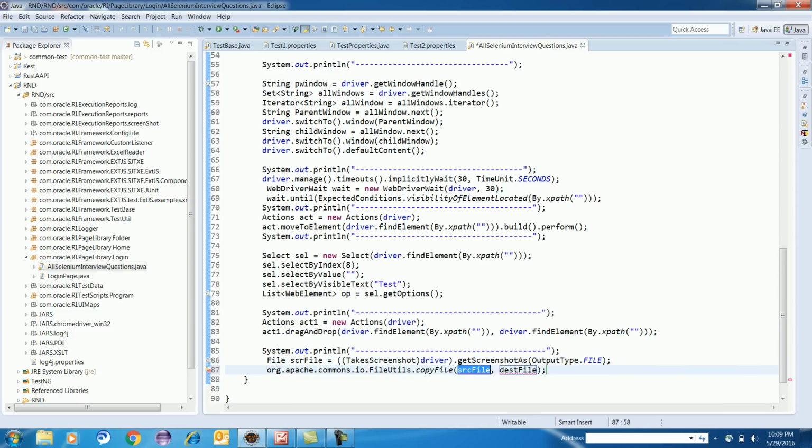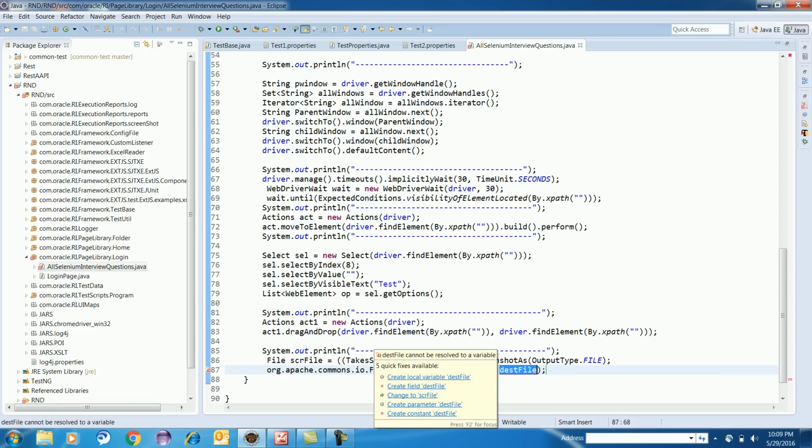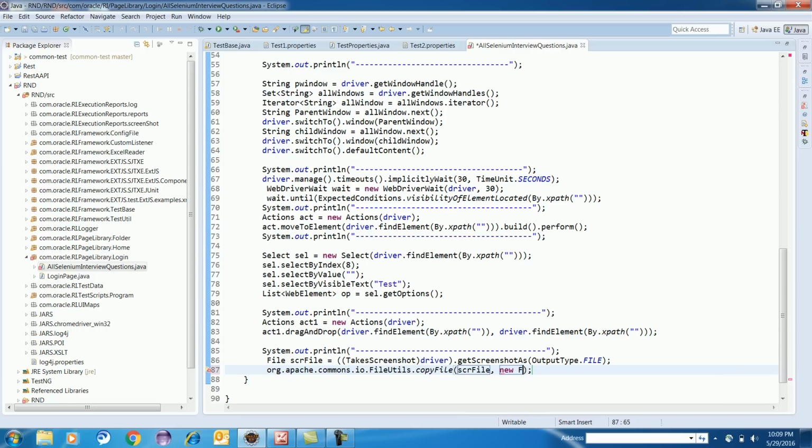This is the file, and then you can give your destination file, where you want to store it. Here also you have to make an object of File, because you have to give your system location where you want to store. Without giving the system location, it will not store.